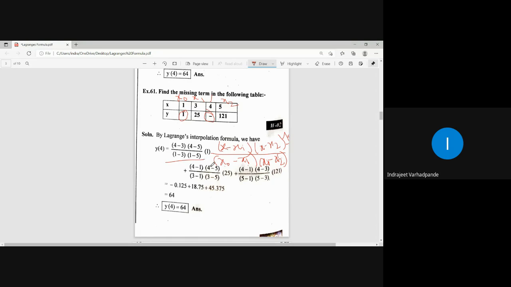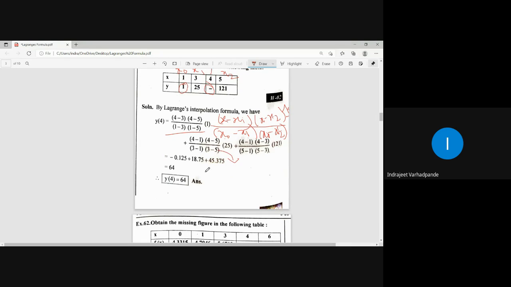So this is one of the steps written. For the next step, it will be x minus x0 into x minus x2, because I am now writing down the formula for x1. So in the denominator, x will be replaced by x1. So it is x1 minus x0, x1 minus x2 multiplied by y1. What is y1? Value of y at x1, which is 25. So 4 minus 1, 4 minus 5 upon 3 minus 1, 3 minus 5 multiplied by the functional value 25.